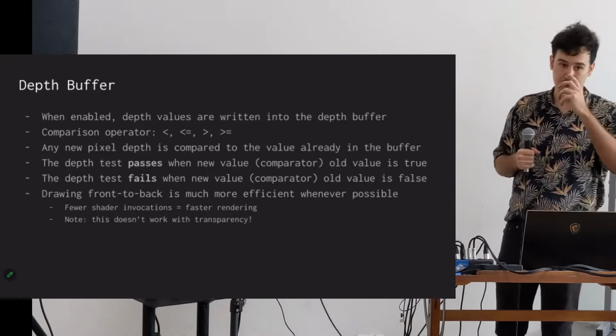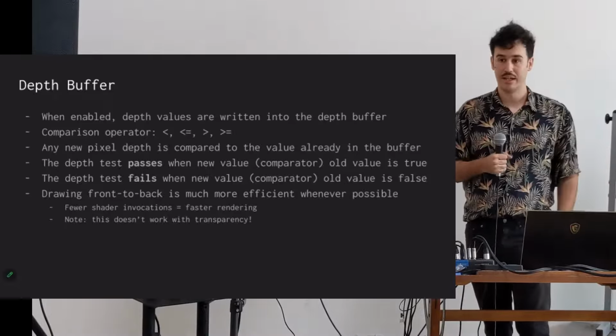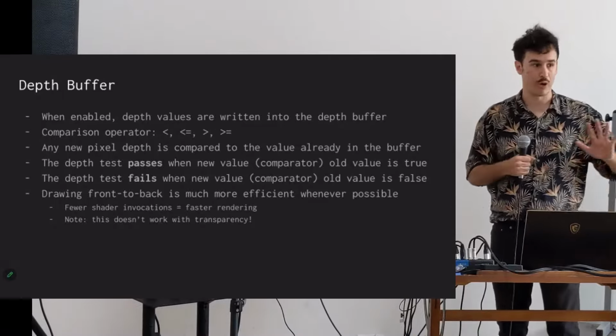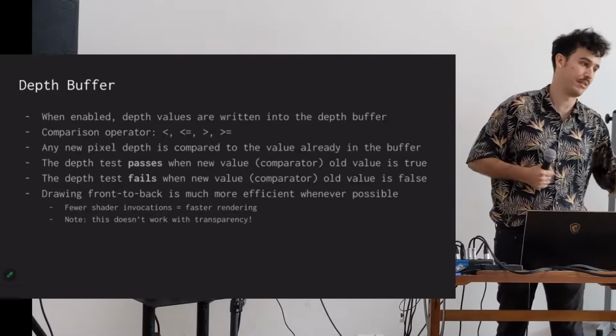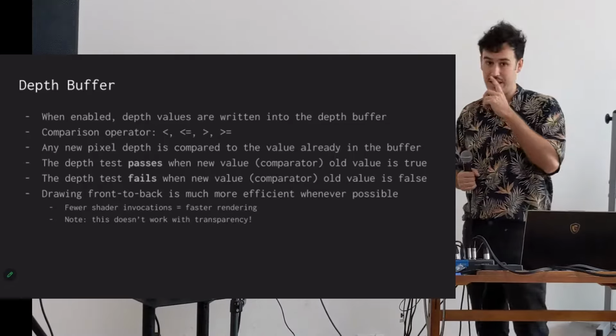Depth value is usually in the range of 0 to 1. And 1 is going to be like your far plane of rendering, and 0 is going to be your close plane, or you can reverse it. It depends on what you want. But basically, the idea is